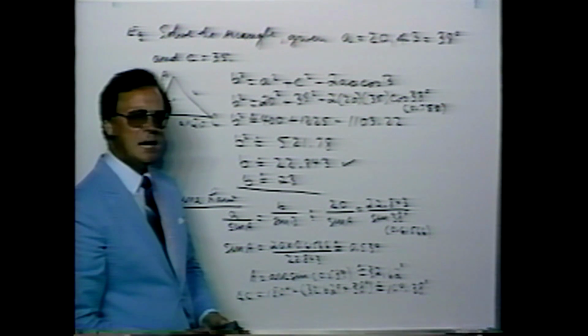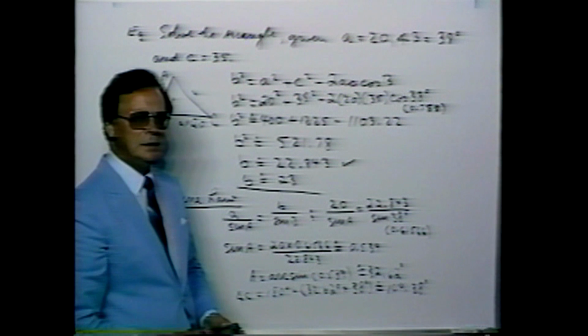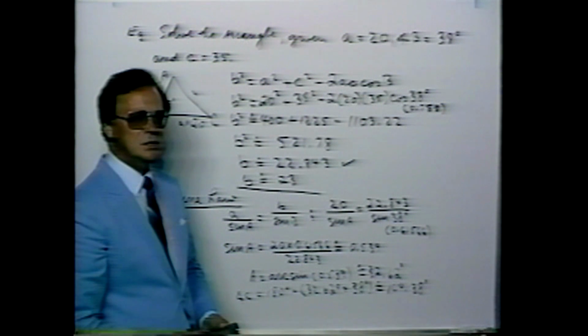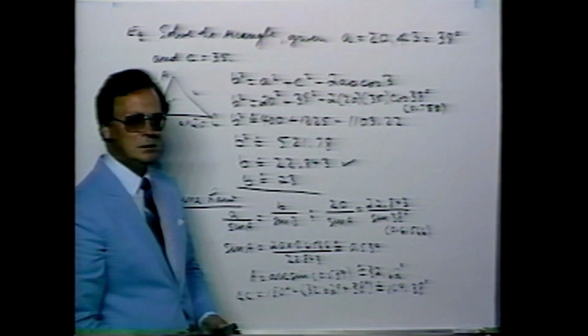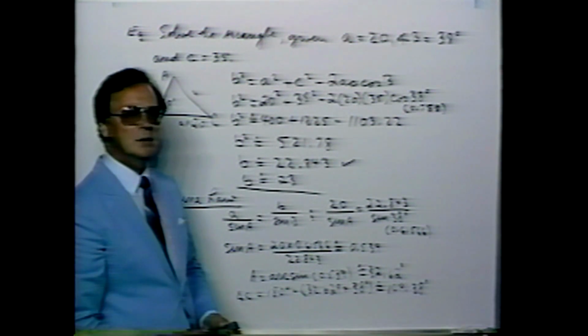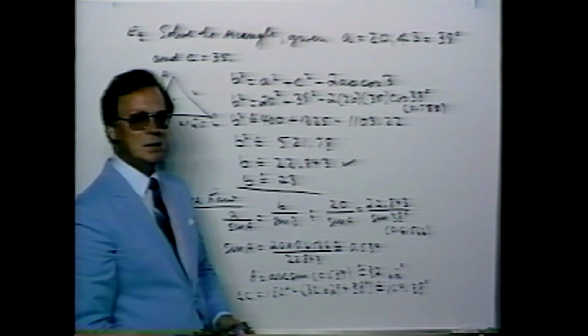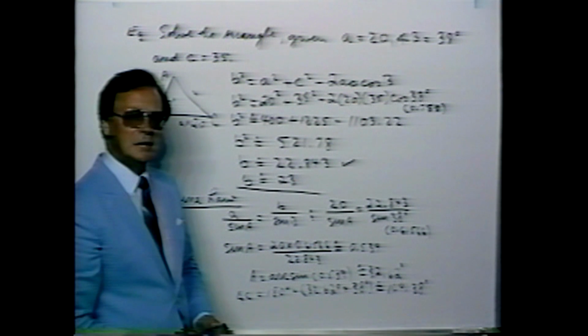And so this is the angle which should be calculated first, followed by the angle opposite the middle size side. The largest side angle is then simply calculated by the property of the interior sum of the angles of a